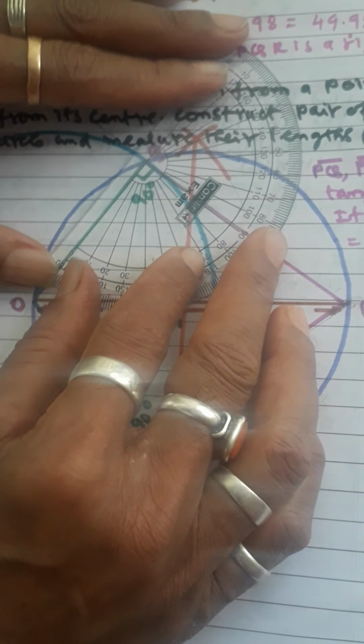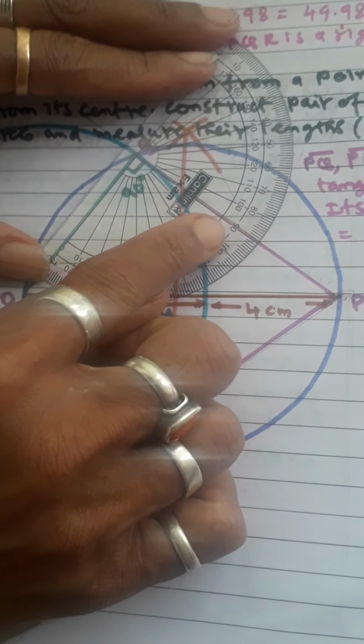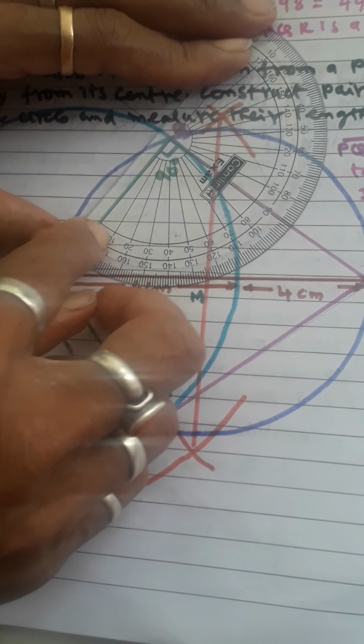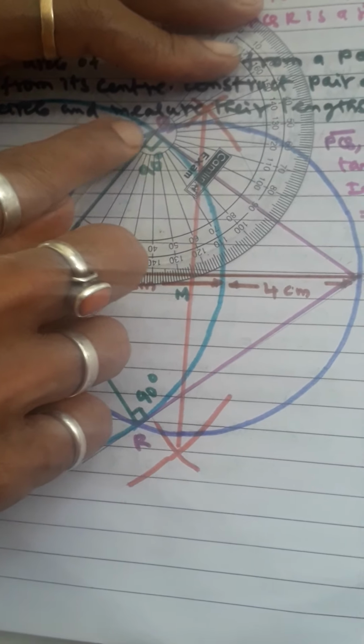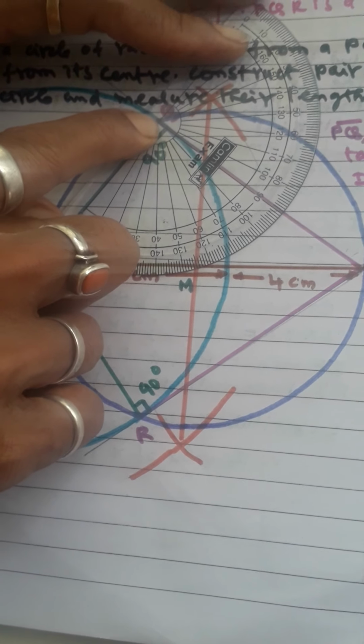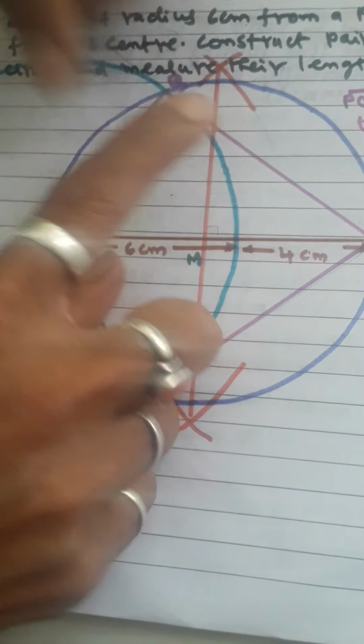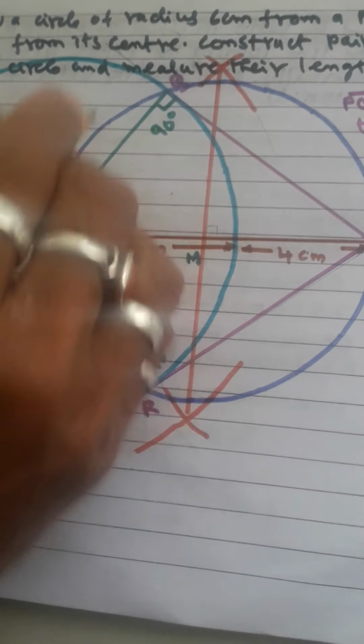See, I will just show you. Now I have drawn that tangent. So you know how to check that angle. Keep along with that radius line only. Where that point is touching, there you keep the center of the protractor. See, I am getting 90 degrees here. So once this 90 degrees comes, then this construction is correct, otherwise wrong.